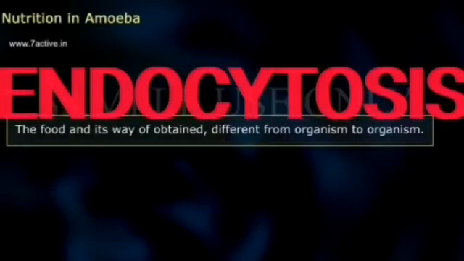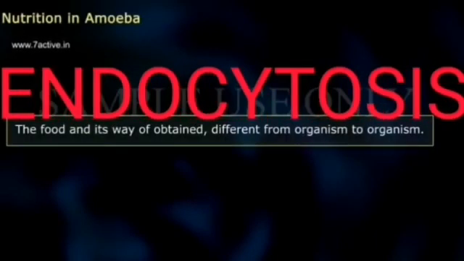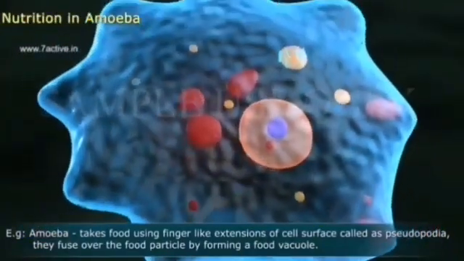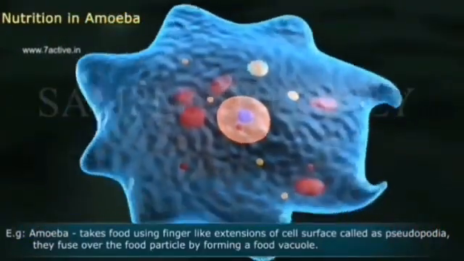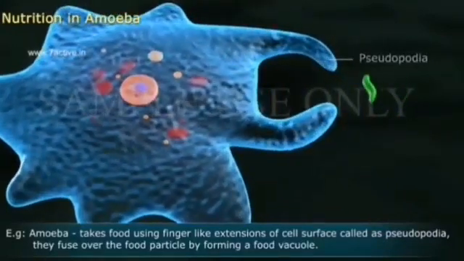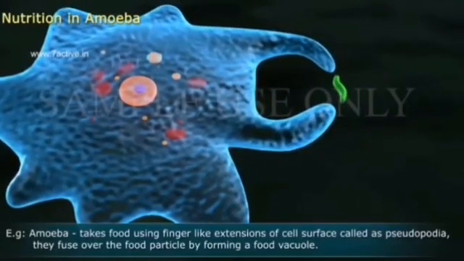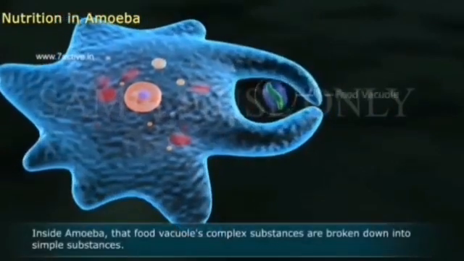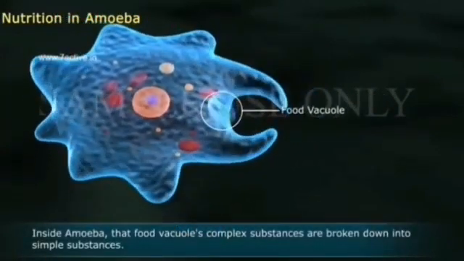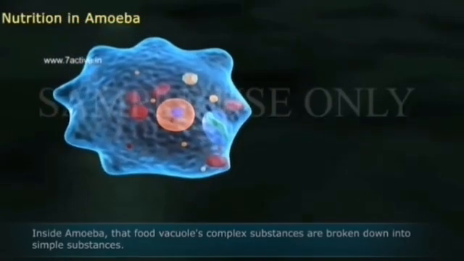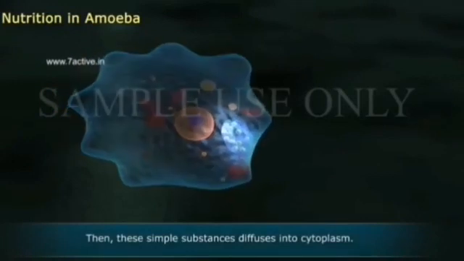So let's understand the definition and meaning of endocytosis with an example of unicellular organism known as amoeba. As we all know, amoeba is an irregular shaped unicellular organism. The cell membrane extends to form pseudopodia and engulfs the foreign material from the external environment. This process of taking the food into the body with the help of the extension of the cell membrane, because the cell membrane is flexible, is known as endocytosis.